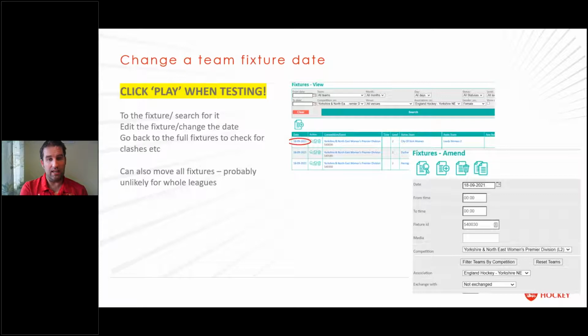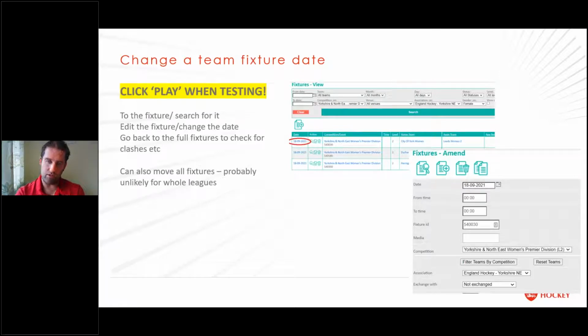And then here, we're just missing a screen slightly, because what you'll then need to do is click on the edit button again, which will then take you through to the screen, the bottom right one, which is fixtures amend. So click on the date, it'll give you the details around that fixture, then click the amend button. That will show you the fixtures amend. Bear in mind again that